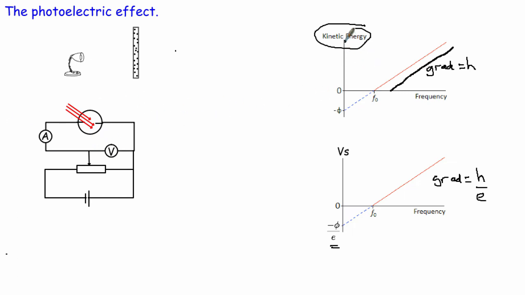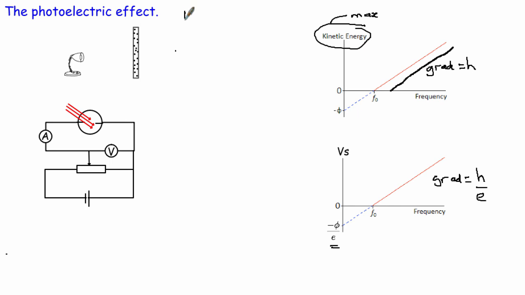And last year, in particular, you looked at this particular graph. You had the kinetic energy here and the frequency here, and you can change the frequency and measure the kinetic energy, or rather the maximum kinetic energy, that's being transferred to these electrons. You can plot a graph like this, and every single time you find that the gradient is h,